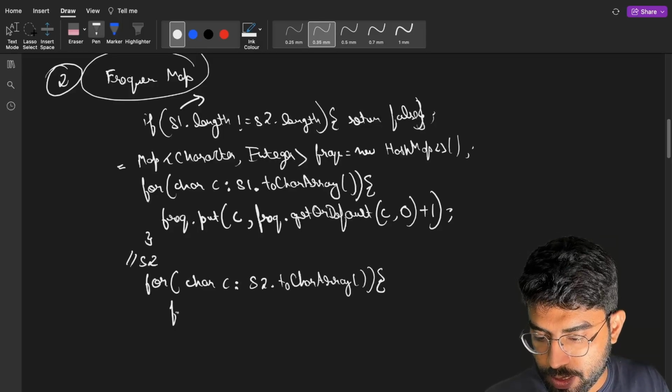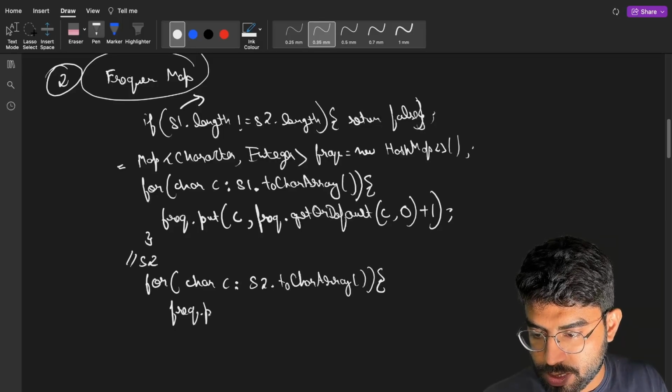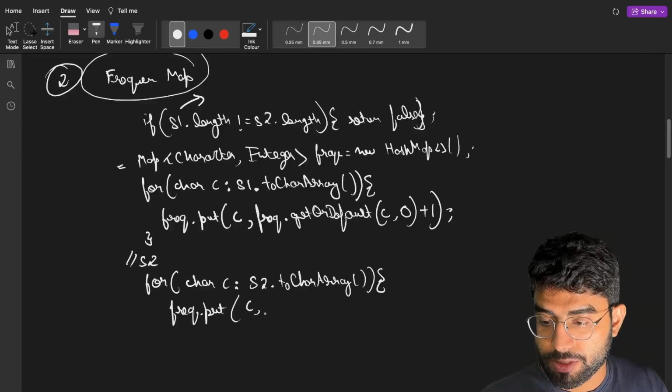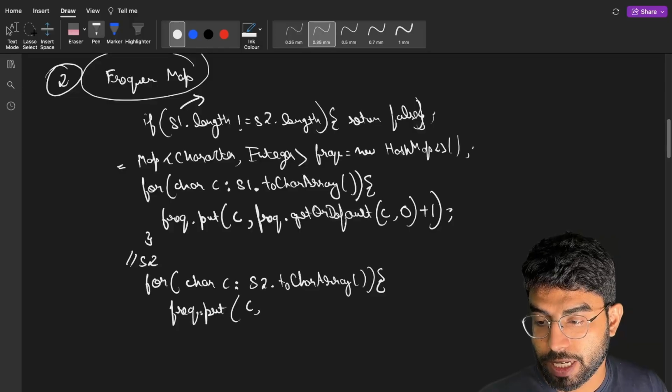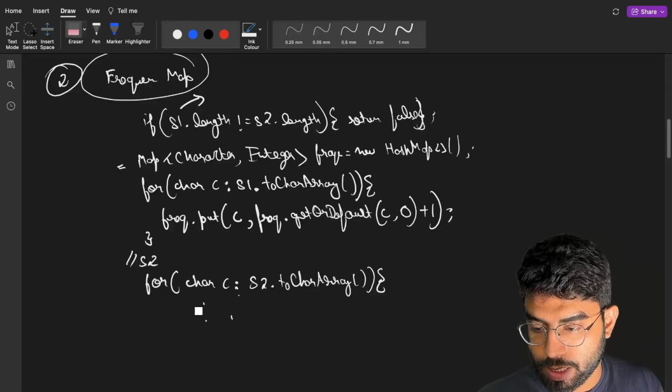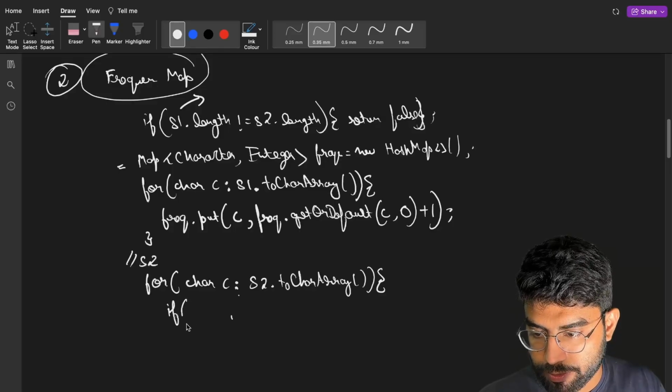Then we will decrement the frequency, right? For c, first we will check. If it's not present, then we can simply say false, right? So the condition will be if